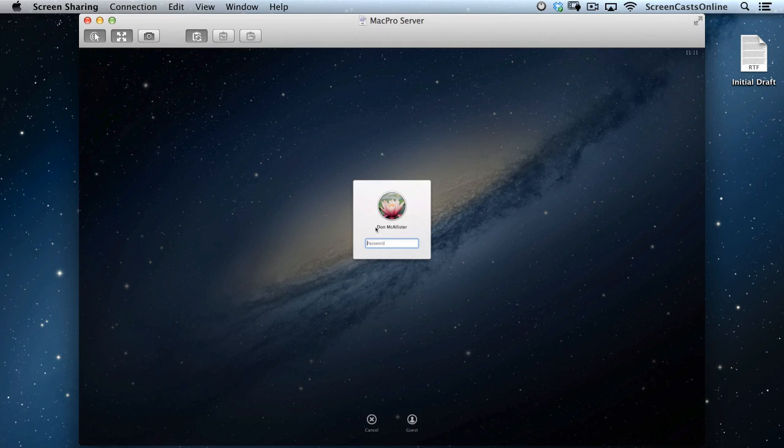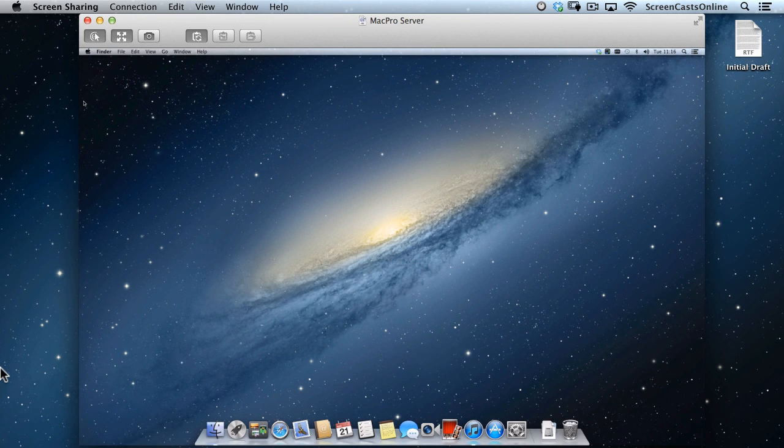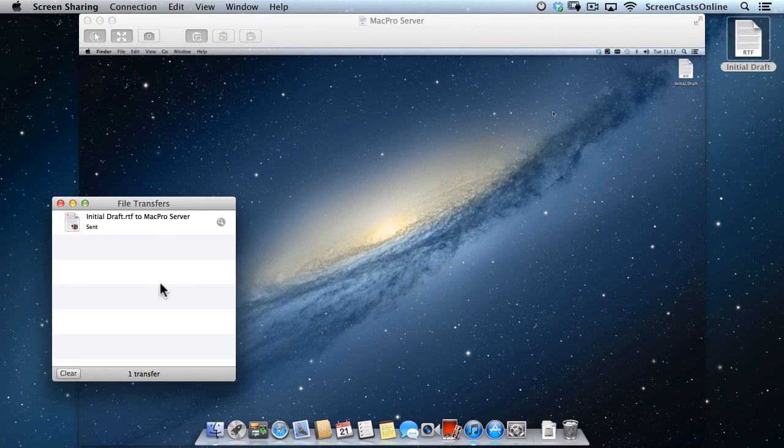Okay, so that's the logon screen for my Mac Pro server. Let me just log in. Okay, the new feature, I think it's new in Mountain Lion. It might have been introduced in Lion actually, but it's something I don't think I've demonstrated before. And that's the way you can now drag and drop files between your local machine and the remote machine via screen sharing. So if I wanted to get this initial draft document, this is just a straightforward rich text format document over to my remote machine, just drag it across to the screen sharing session, let go,